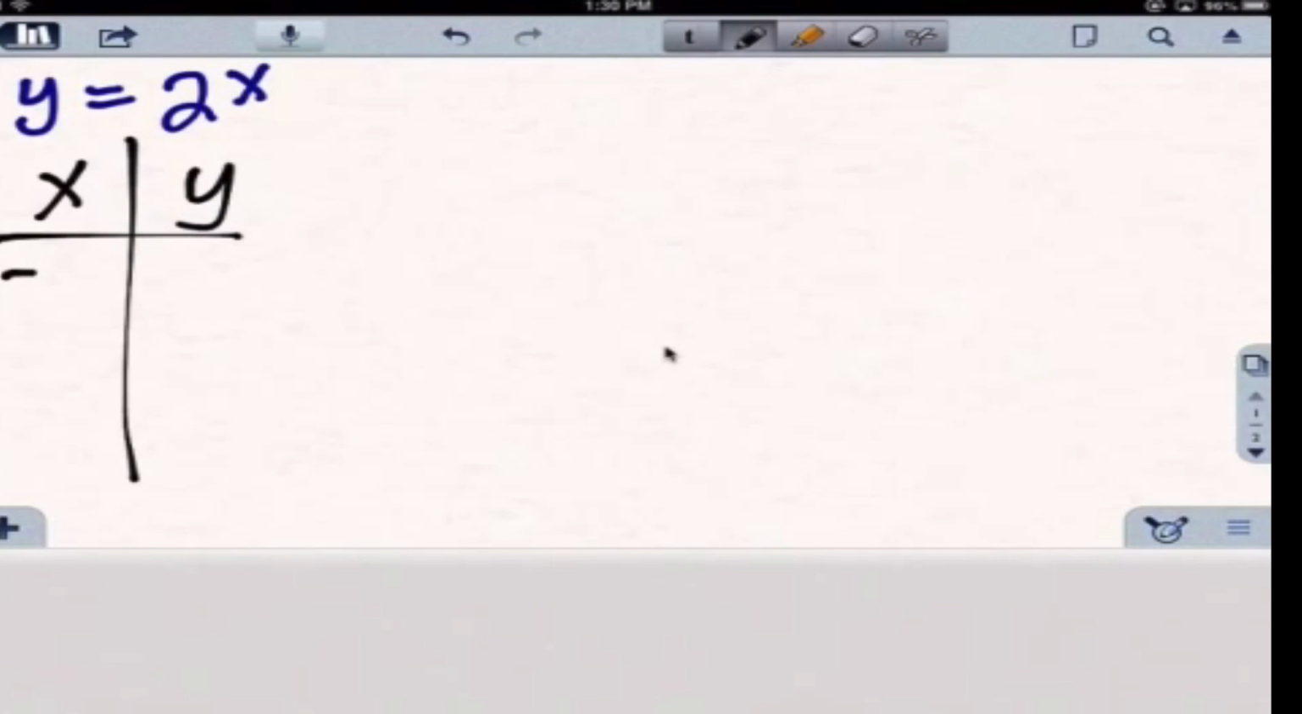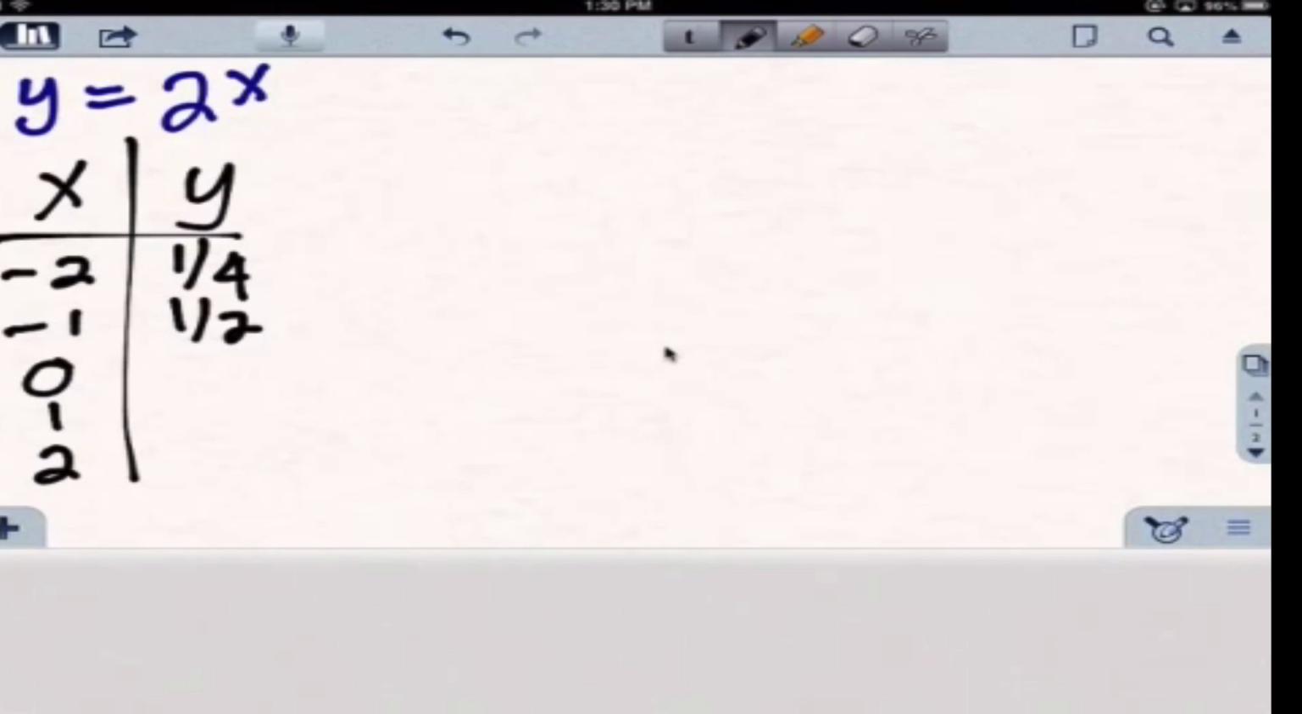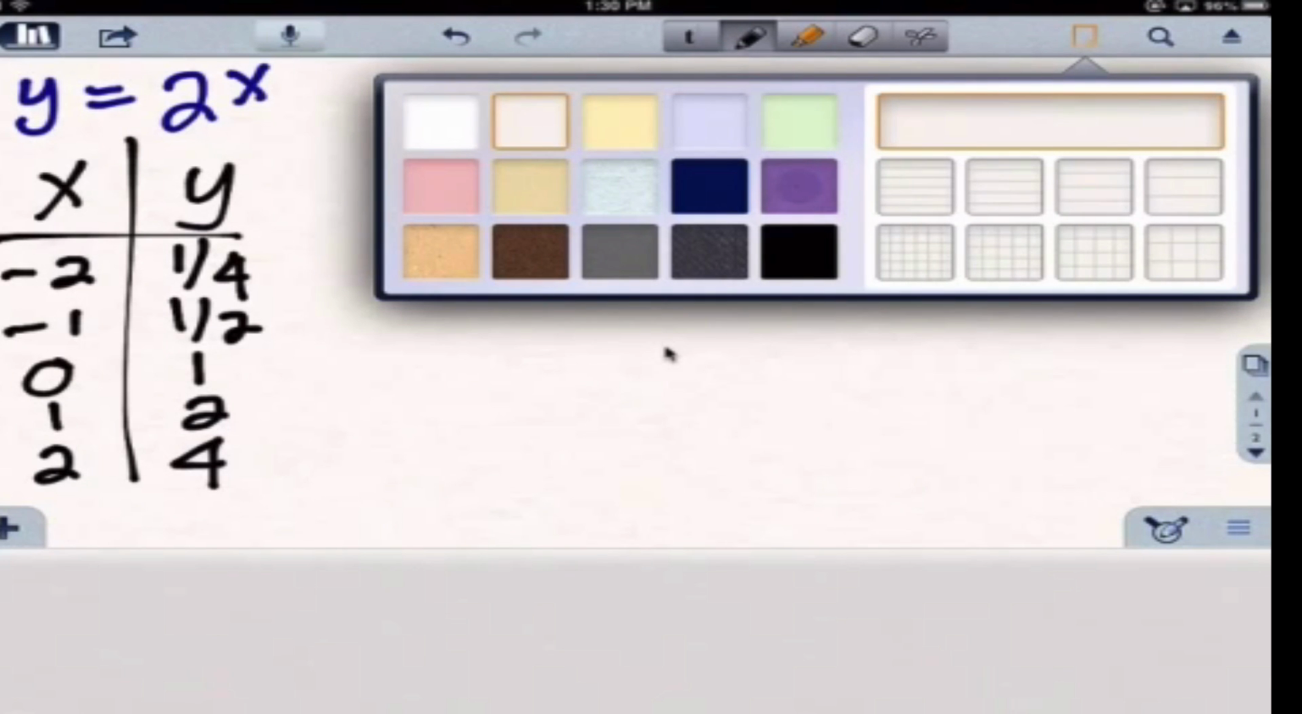But I'm going to choose some values like -2, -1, 0, 1, and 2 just to see what the y value would be. I know 2 to the -2nd makes a fraction, so it's 1/4. 2 to the -1st is 1/2. Anything to the 0 power is 1. 2 to the first is 2. 2 to the second power is 4. So if I'm going to go ahead and graph this,